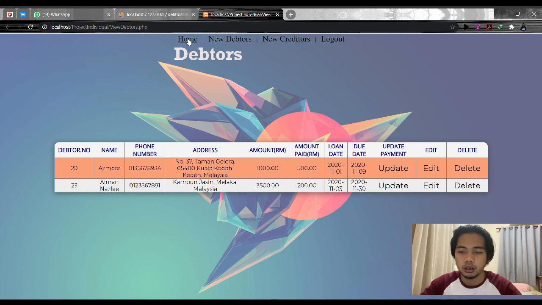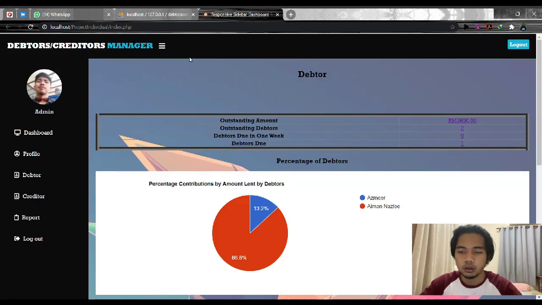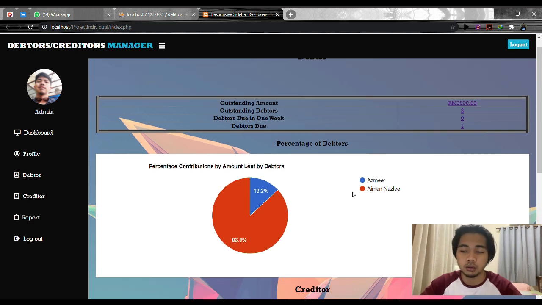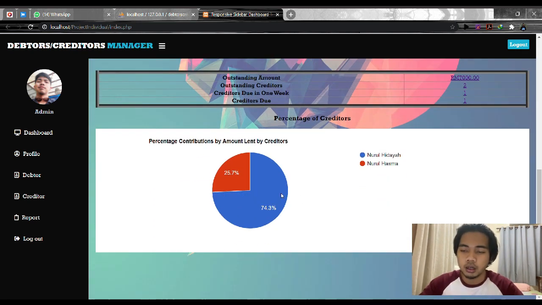Let's say Azmeh 1,000 minus 500, the new amount is 500. Same one with Aiman Azli, the new amount is 3,300. And also the outstanding amount captures the new amount of the debtor. Same like with the creditors.